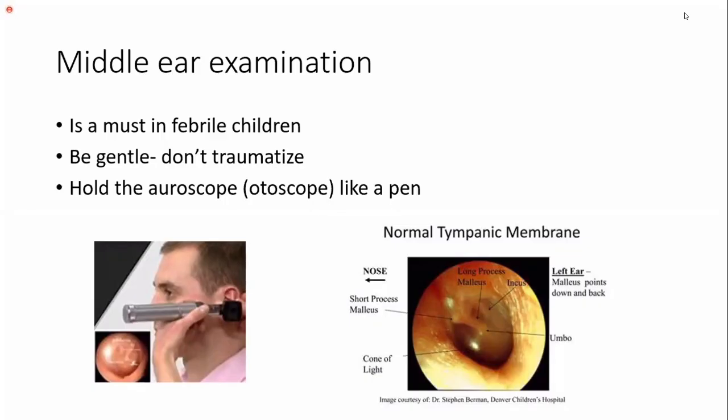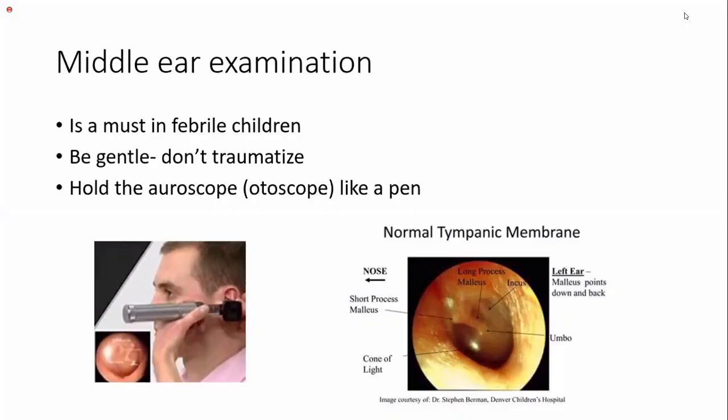This is an important technique to learn when you start clinicals. So do it under supervision initially, and do it repeatedly. You know the technique, but we don't do it. If you do this in the exam, definitely we don't accept you to do it in a short case, but in a long case you can examine if you want, right? In a long case, the instruments are there. So if you have enough time, you can examine the middle ear.